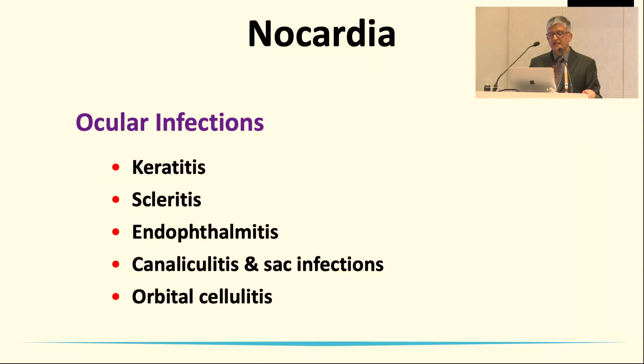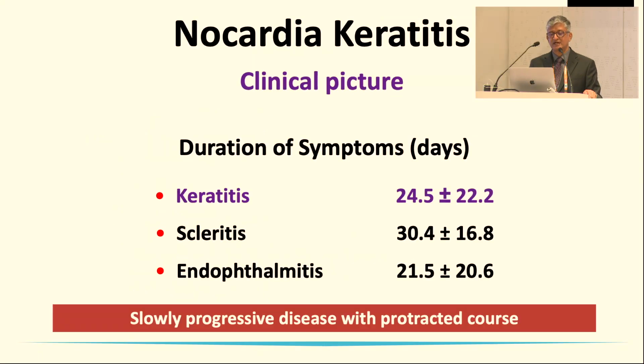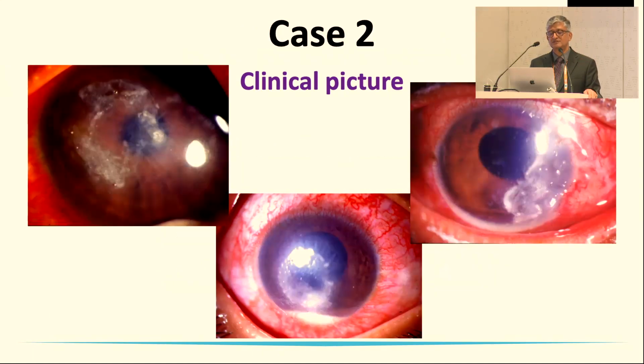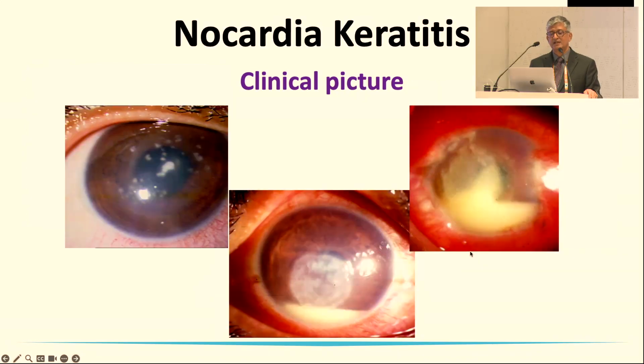Coming to nocardia, this is an organism which is a filamentous acid-fast bacillus isolated from infection everywhere in the eye. Here again, the mean duration of history is usually long, and they present with the classical pinhead-sized lesions arranged in a wreath pattern. But you should also note that at times the clinical picture may resemble fungal keratitis or any